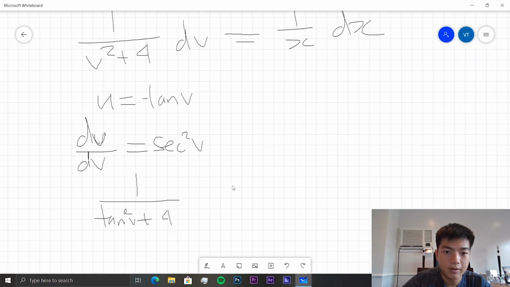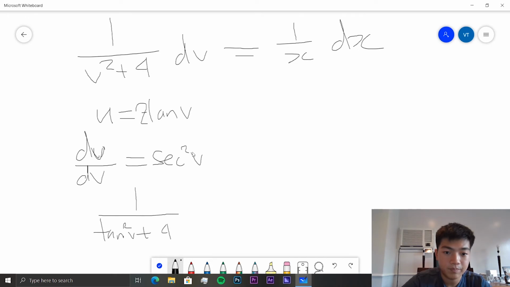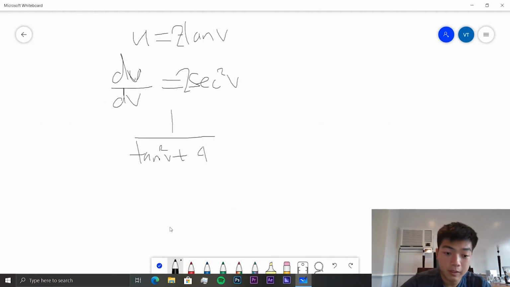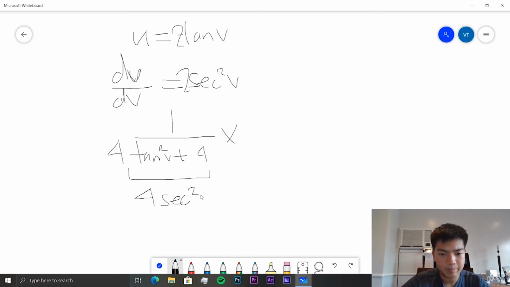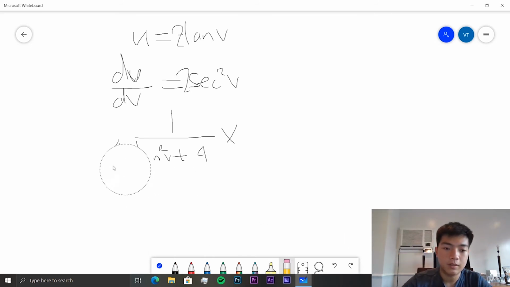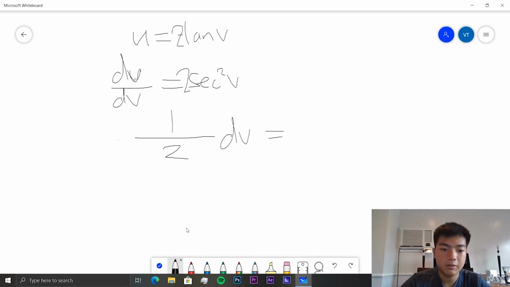Wait, sorry, I need to make this 2 tangent v, 2 secant squared. So we have 1 over 4 tangent squared v plus 4 times, which of course is equal to 4 secant squared v, since secant squared is equal to tangent squared plus 1. So we have 1 over 4 secant squared times 2 secant squared, which is simply going to evaluate to 1/2. So we have 1/2 dv is equal to